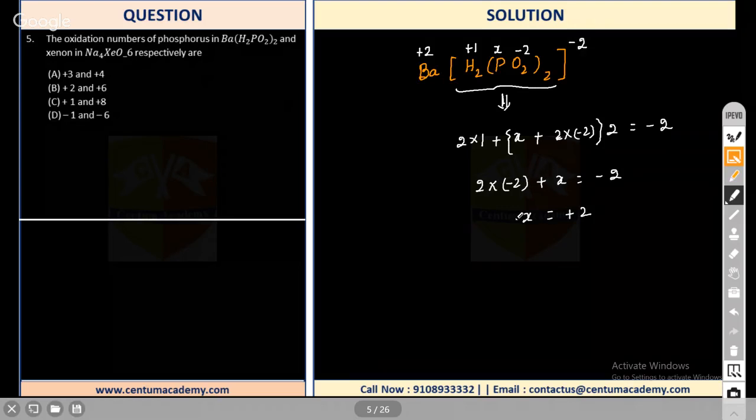Yeah, right? Just to check the calculation. If it is +2, so